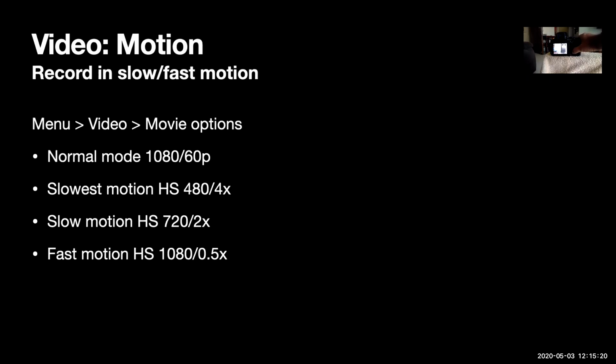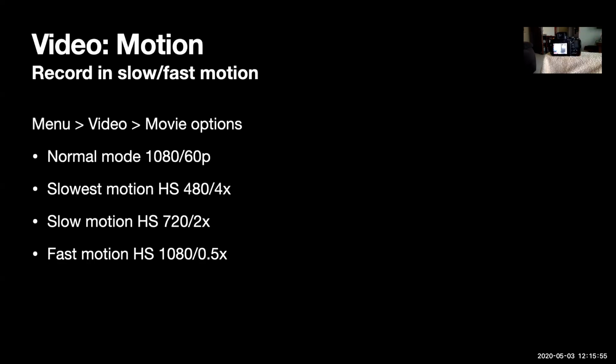Now I'll show the fast motion also. It is exactly the same method. Go back to the video movie options. The last option is the fast option. Coming back, I'll record once again. Again, the pen, I'm going to use it at normal speed. I'll stop the recording and I'll play back. Now see how fast it is going. I had used it at normal speed and it is fast. The video finished already. So that's how the fast motion and slow motion work, and their usages.